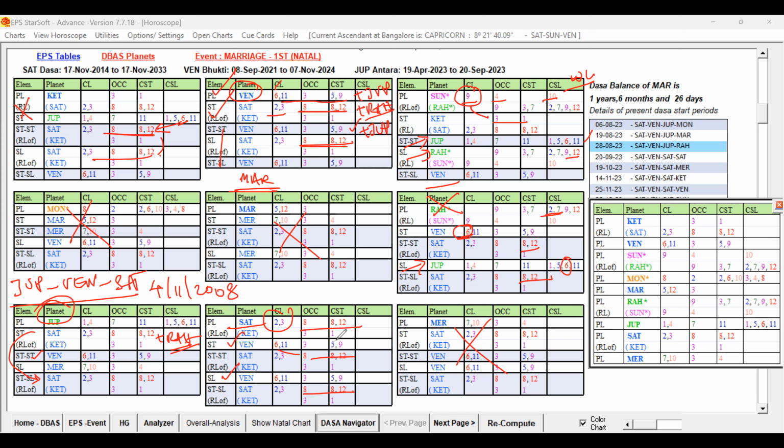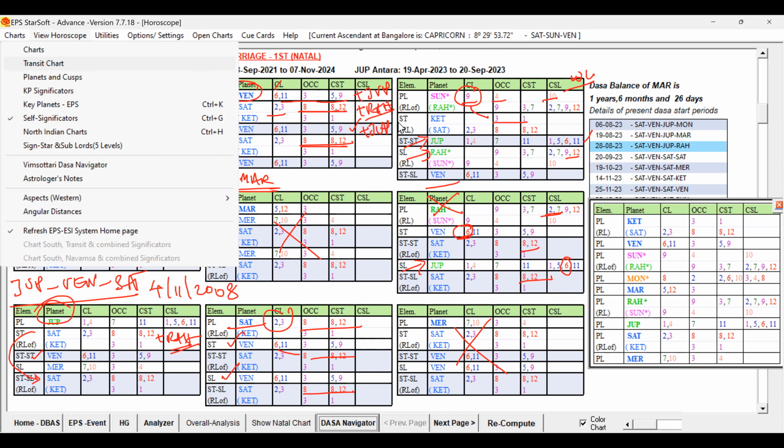Some challenging charts, because of the unfavorable groupings or mixed significators are more, and the role of the key planets is limited, and even the key planets are present in some planets. Because of their having some unfavorable houses, other levels are also having unfavorable, that unfavorable combination becomes stronger. I think you are able to understand this one. So now let us check the transit also.